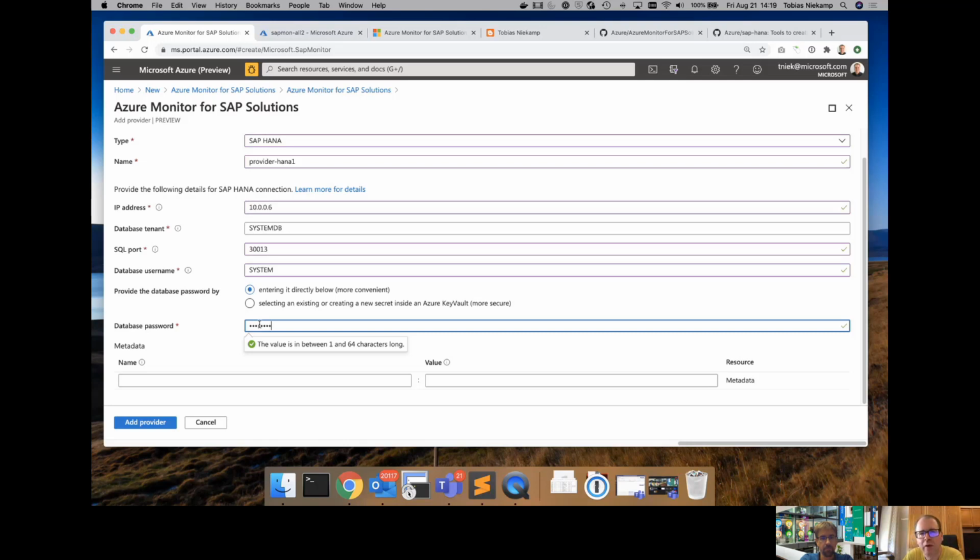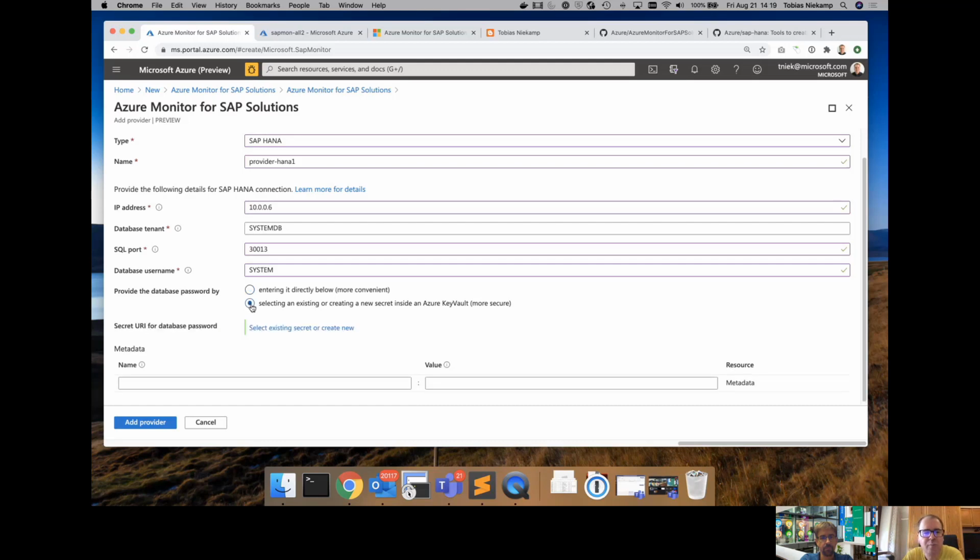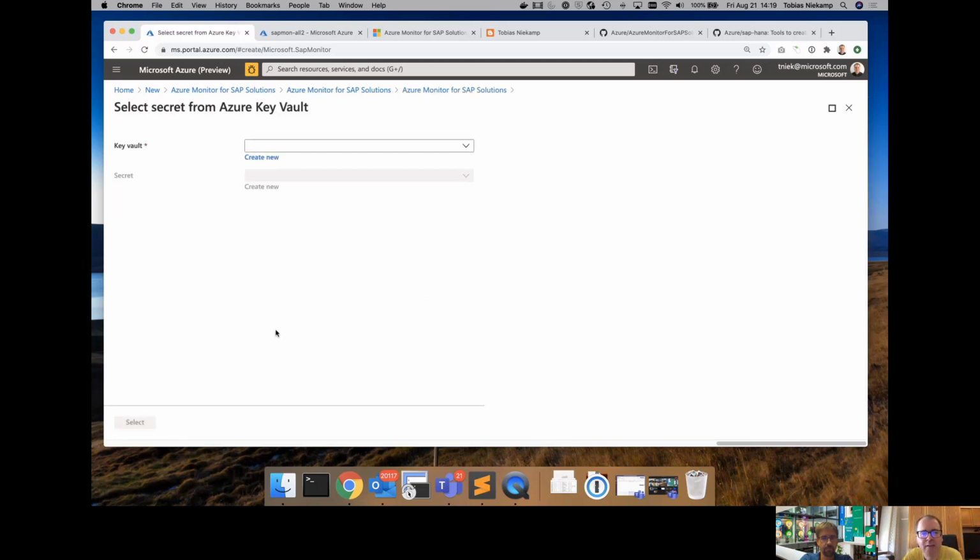But if you want to go extra safe, and maybe you don't even know the password either, and it's a different team, your information security team, your InfoSec team, that has access to those passwords only, you could put the password in advance into a key vault and have that maintained by your InfoSec team, and just give us the link to that key vault.